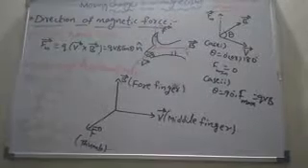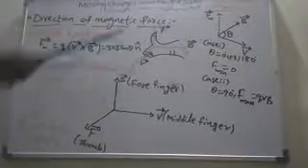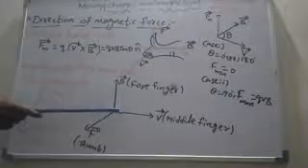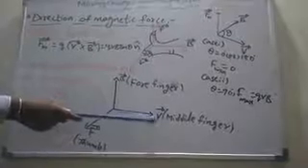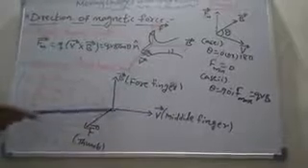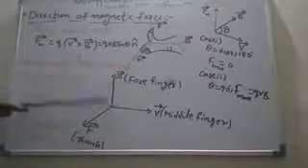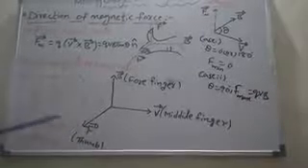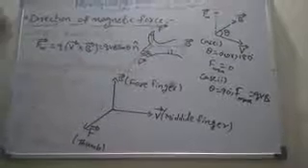Next is Fleming's left hand rule. With the help of this rule also we can easily understand the direction of magnetic force. For that, I have taken one simple case. The charged particle is moving along this axis like v, with x, y, z axes. In this axis the magnetic field is acting. Now, in which direction is the magnetic force acting? That is my question. With the help of Fleming's left hand rule we can easily understand the direction of magnetic force acting on the charged particle.